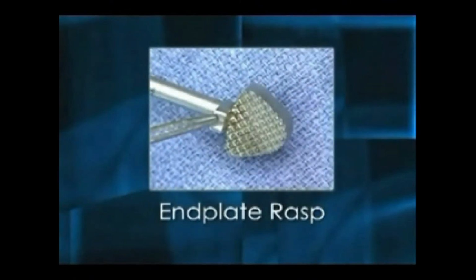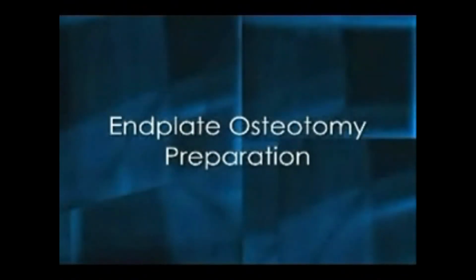After verifying the intradiscal sizing, like in this case 7/16, we use an end plate rasp of similar size. And here the end plate rasp removes all the end plates, that also you see through the image intensifier. Then the disc space you see well, the PLL is removed. Any end plate osteophyte, that also is removed. At this time then we